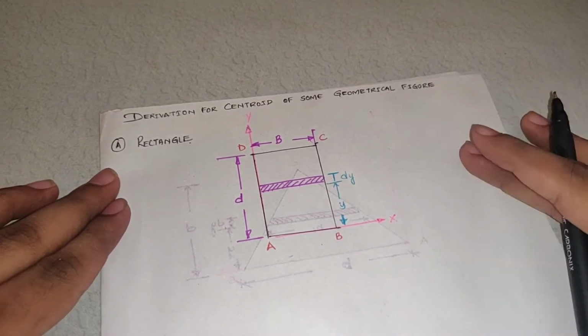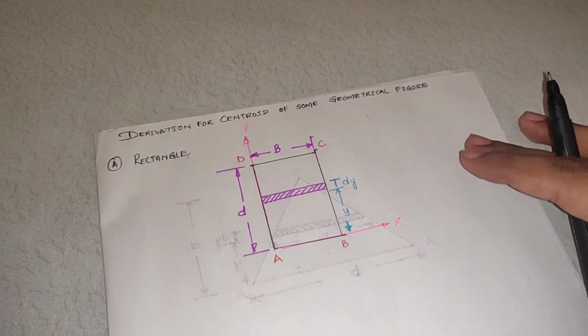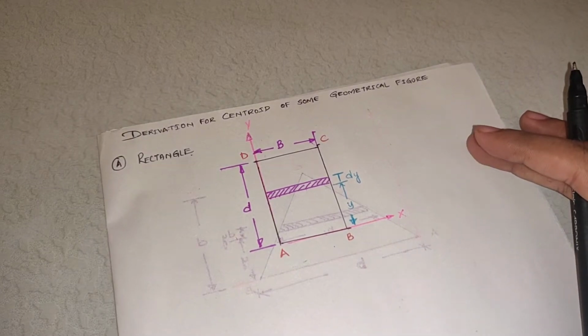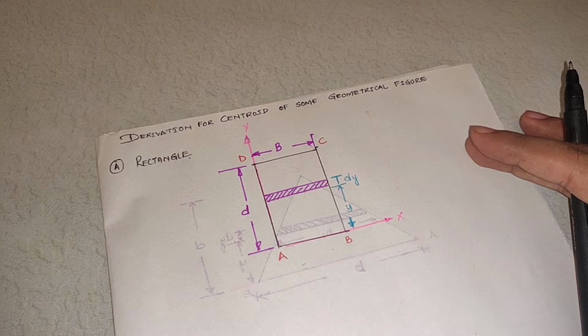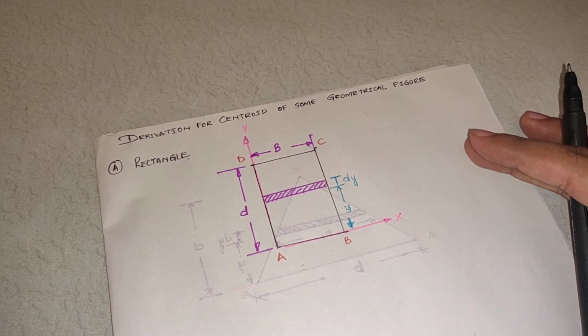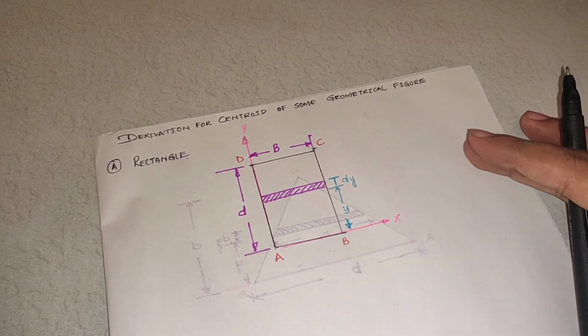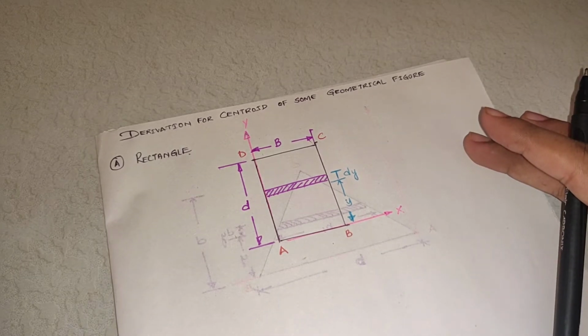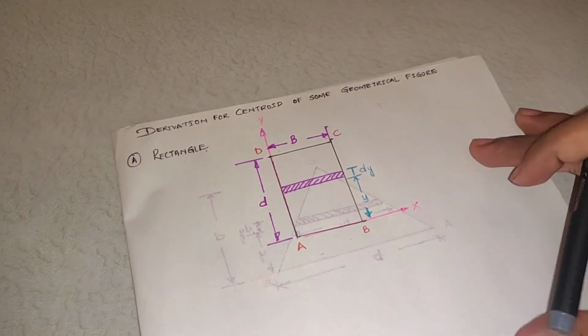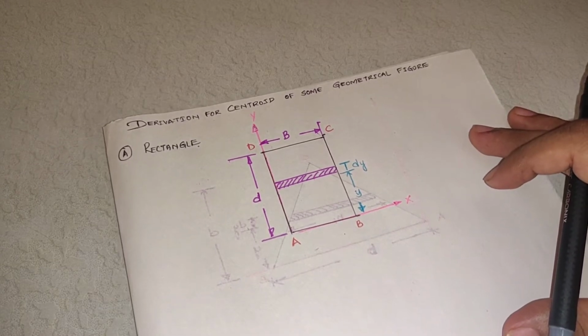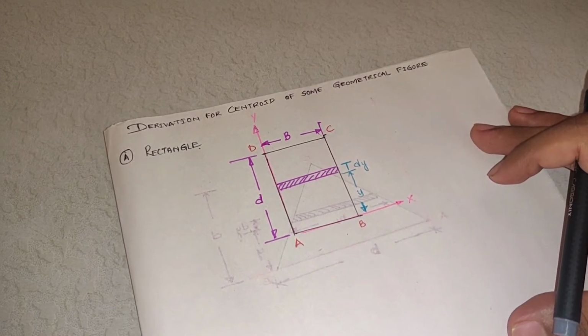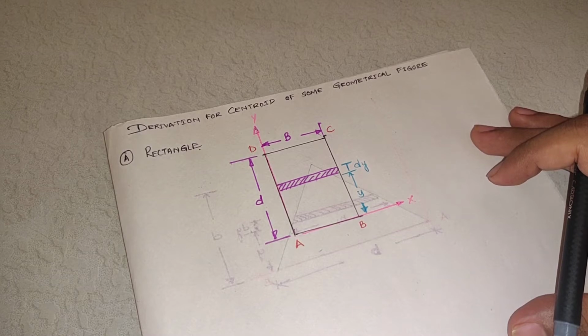This is Vidyasagar Mugi. Today I'll be continuing with the next part of centroid. In the last class we discussed what is centroid, what is center of gravity, what is the difference between both, what is the importance of centroid, what is axis of reference, and what is the mathematical relationship of finding the centroid with respect to the axis. So today we'll derive the centroid for some common geometrical figures which we know.